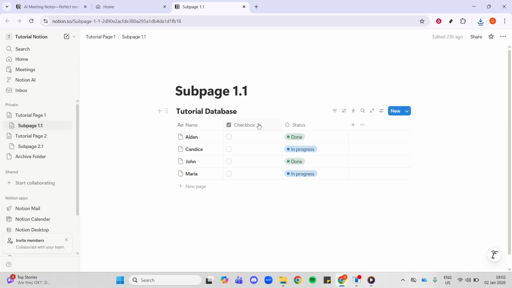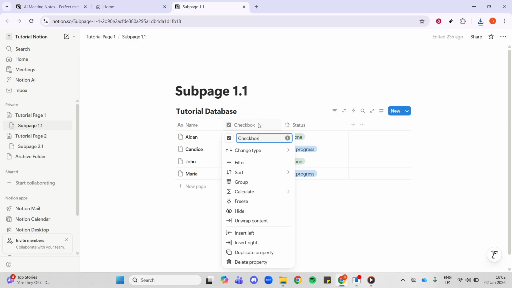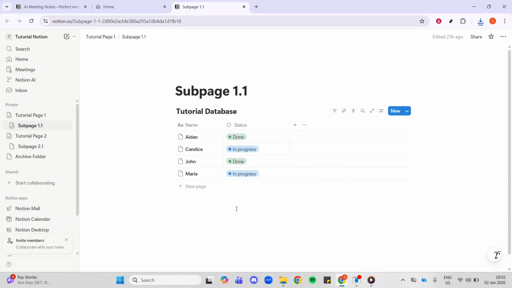Inside the database, locate the property you want to hide. Properties are the column headers like status, priority, or tags. Click the property name itself to open its menu. A drop-down will appear with options related to that property. From here, choose Hide. The column will disappear from the current view, giving you a cleaner layout that highlights only